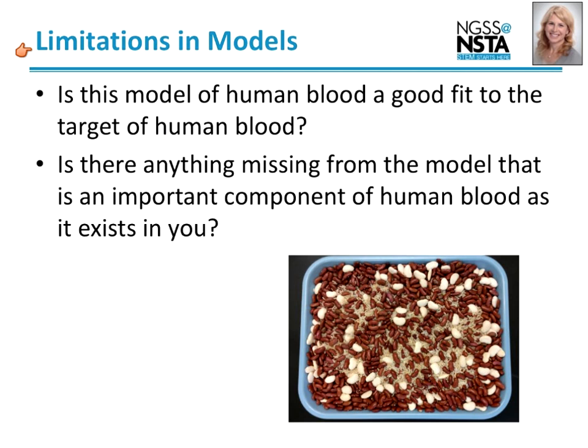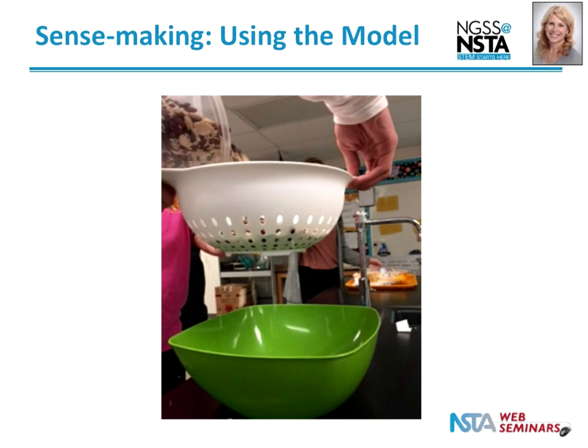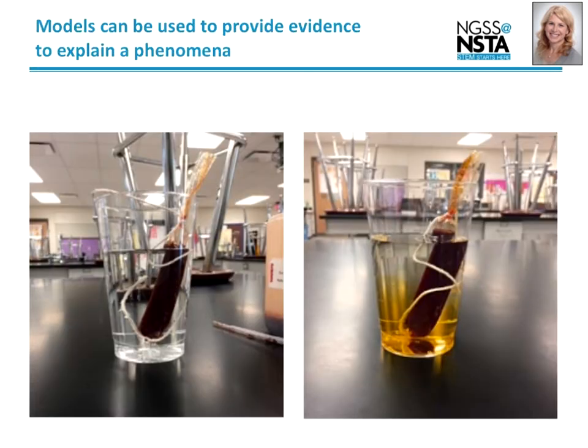We also had a discussion about the limitation of a model, and that goes back to the original slide that talked about fit. They noticed that what was missing from this model was a really important component, and that was the liquid part of blood. With our bean model, I provided them the rest of their components. They were given a colander that we identified as the kidney, and a bowl that was identified as the urinary bladder. I challenged the students to remove the waste from the blood using their kidney. And so you can see the picture of the students engaged in that.